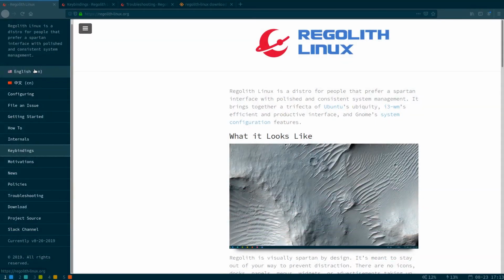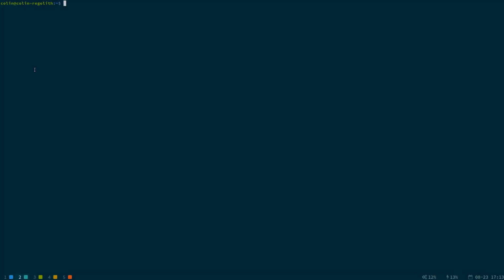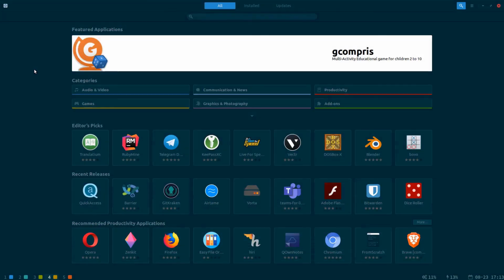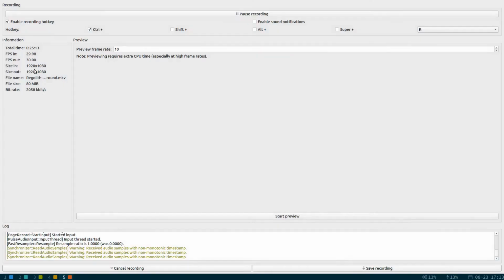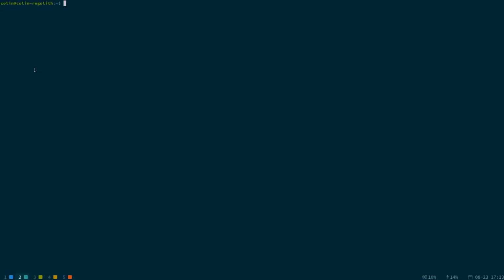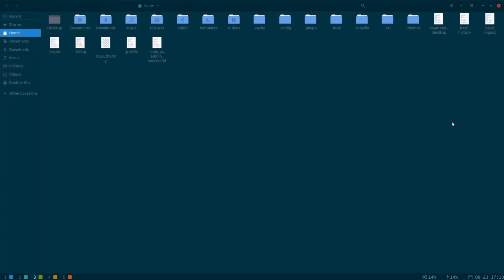So we've got Firefox on Workspace 1, the terminal on Workspace 2, but not the GNOME terminal, it's something else. Super 3 is my files, Super 4 is the software currently, and Super 5 is my simple screen recorder. So I find that quite easy to use, but to start with, it was total confusion. It seriously was. But I've sort of worked at it and found that it is quite easy to use once you get used to it,